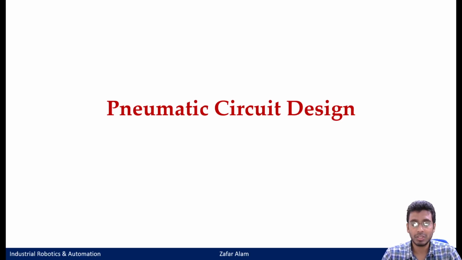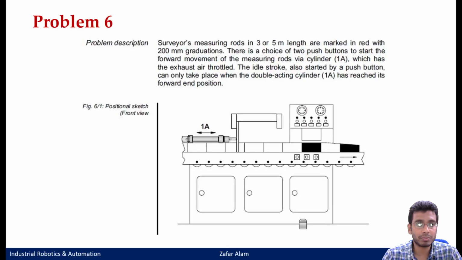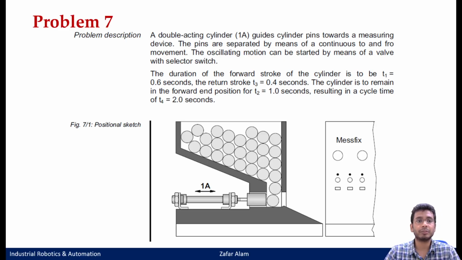Okay, so let us now start with another problem that you can now see on your screen. Just try to attempt this. I hope it's readable. Even if it's not, I'll just read it.